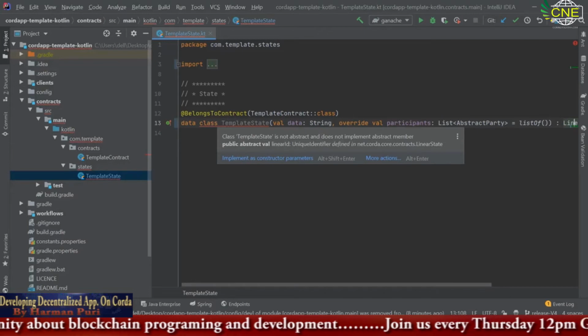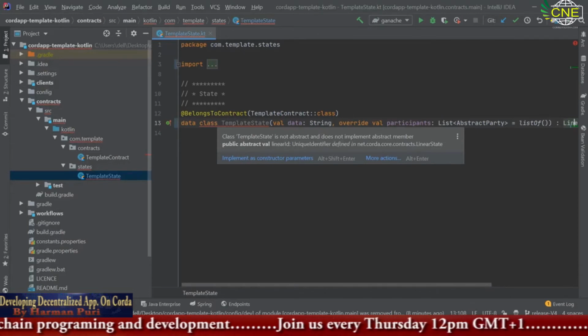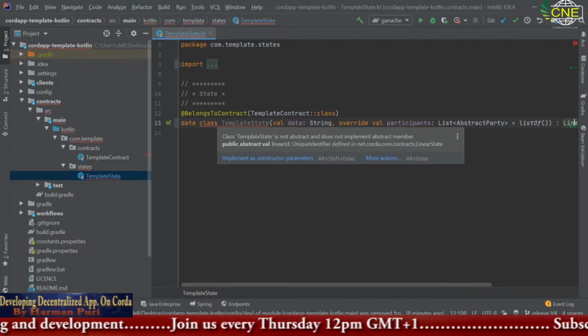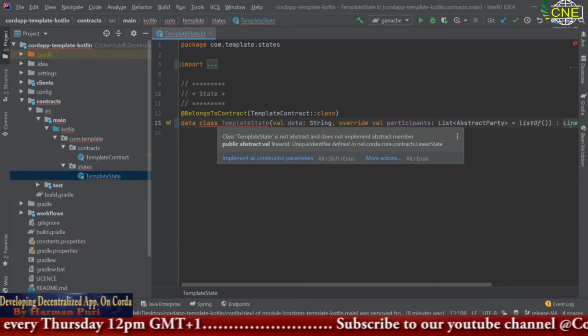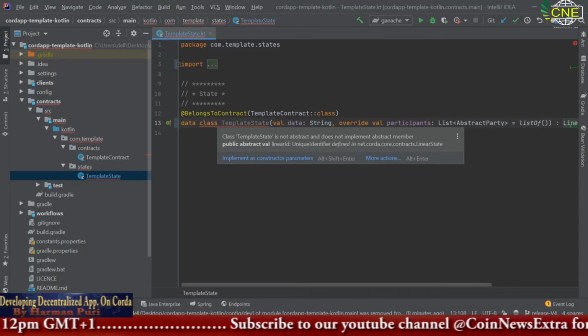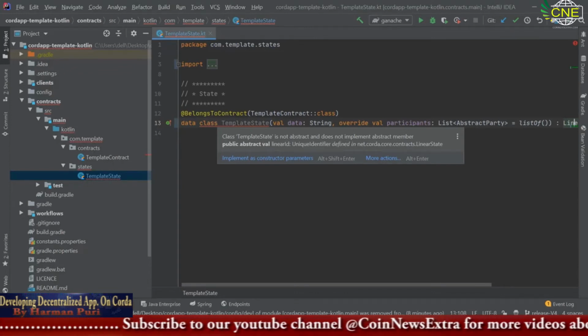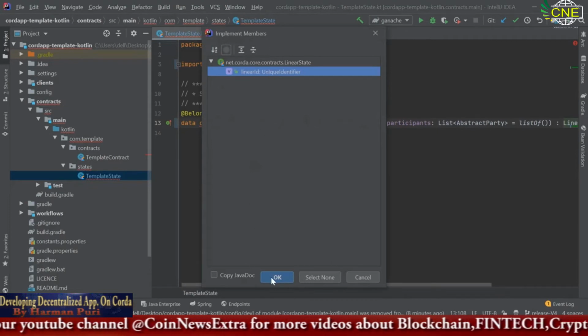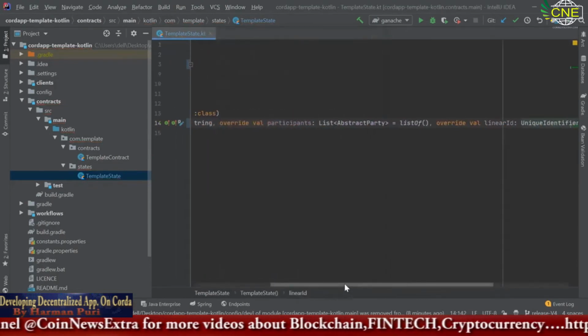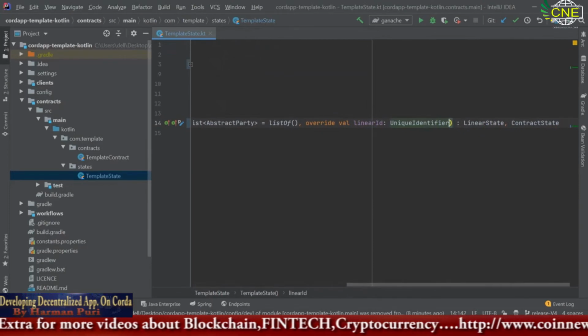Actually, linear state is the most important concept you need to learn. The linear state allows the formation of a linear ID. To represent a state on Corda, we need a linear ID. I'll just implement it as constructor parameters. Yeah.